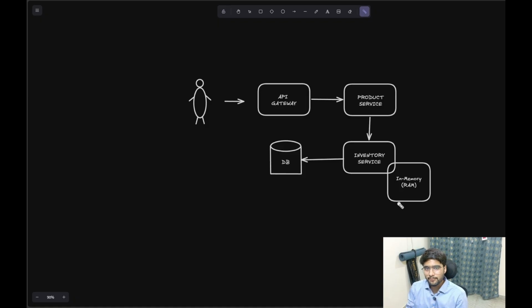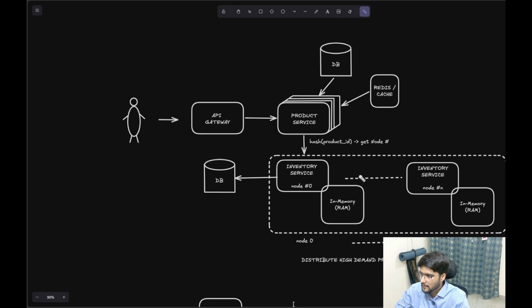When you're using RAM, one instance should take care of that entire product completely. If one instance has iPhone 17 data, no other instance can have iPhone 17 data, and no other instance can modify it. So this is something that I'm talking about,